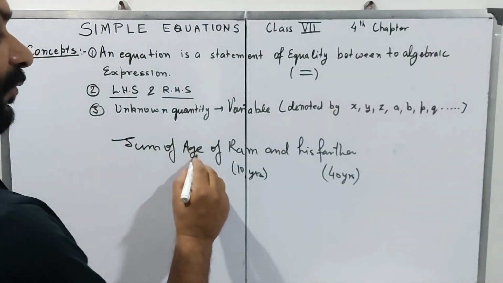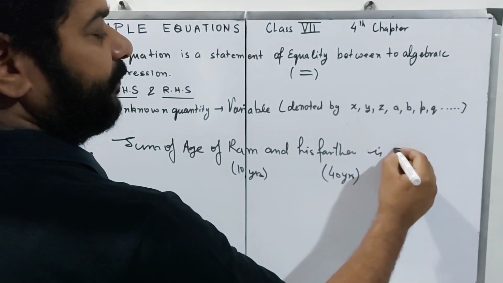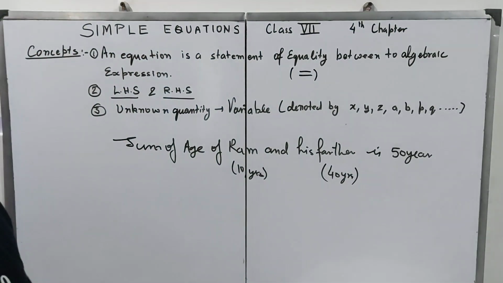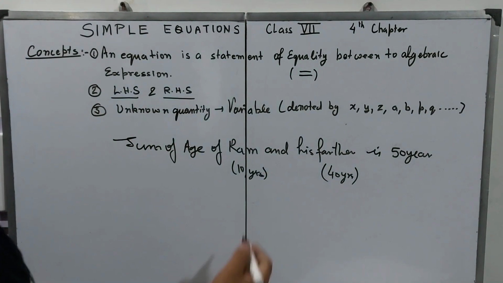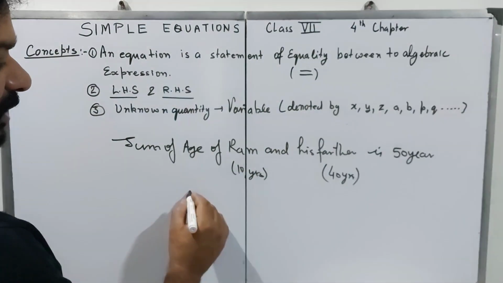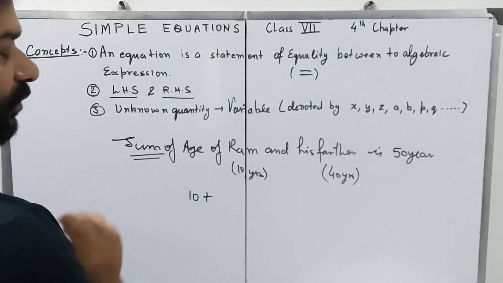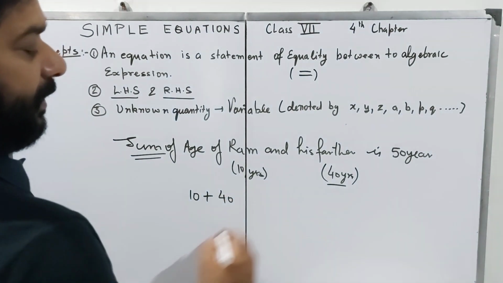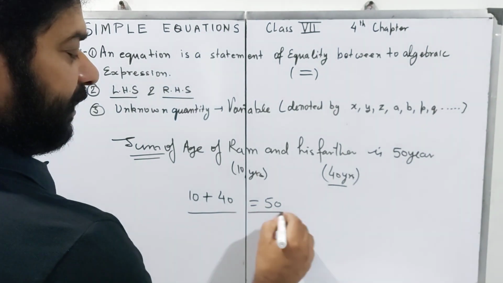The sum of the ages of Ram and his father is 50 years. This is a simple statement, and we will convert it into an equation of numbers. We can write: Ram's age is 10 plus, because the question says sum, his father is 40 years, therefore their sum is 50 years. This is an equation